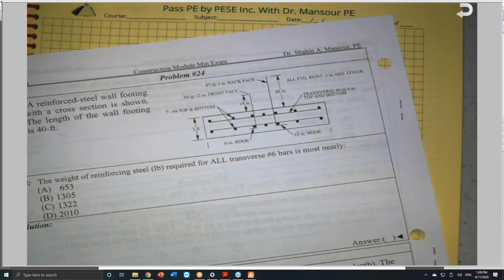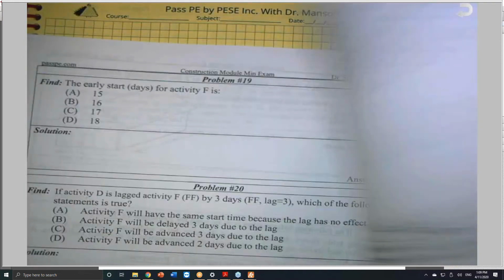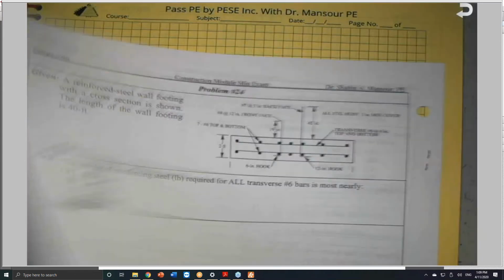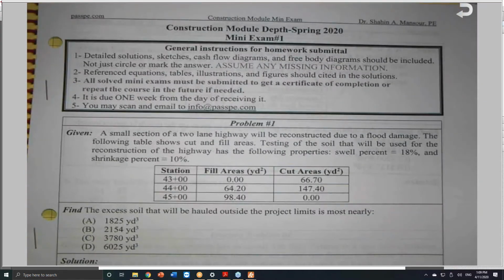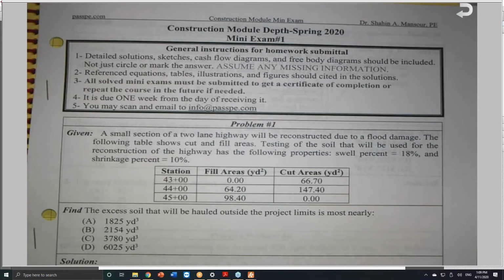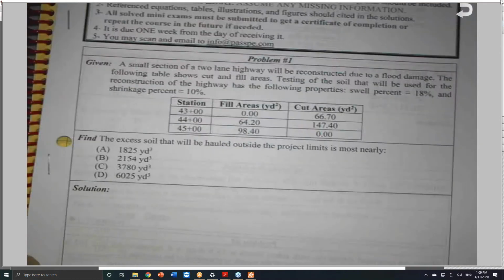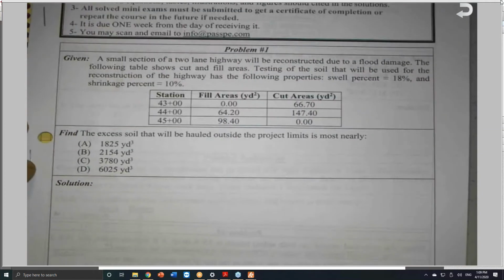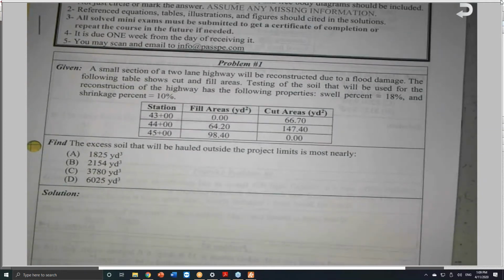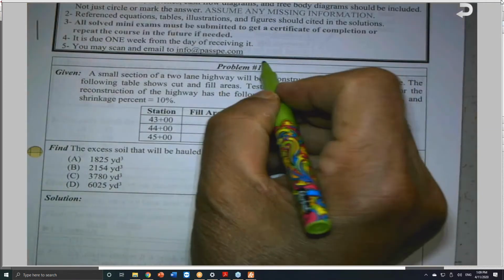Also, I have about 25 problems. Some of them are related to topics I already talked about in the AM, but in more depth, and this is the case for all disciplines. Sorry, the allergy is bothering me a little bit. So if you look at the first problem here, problem number 1,